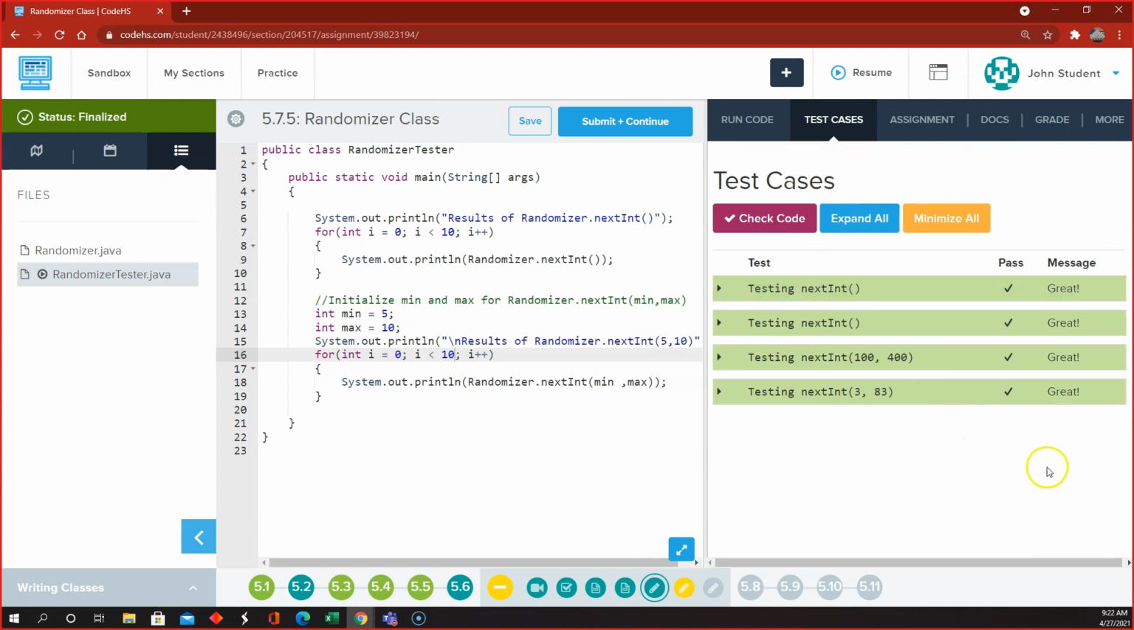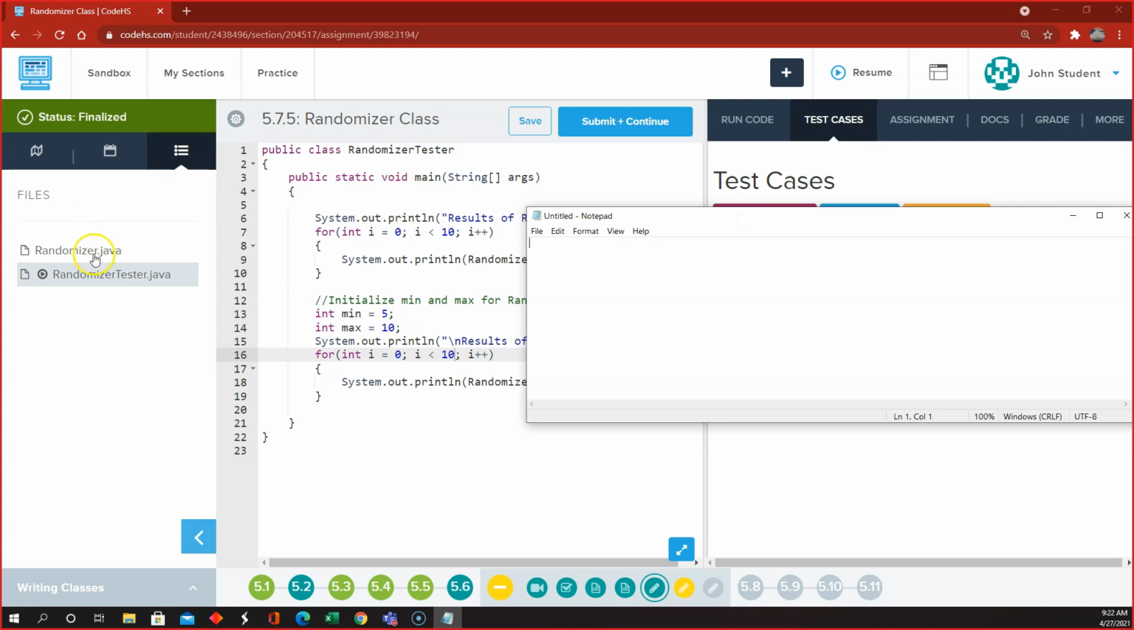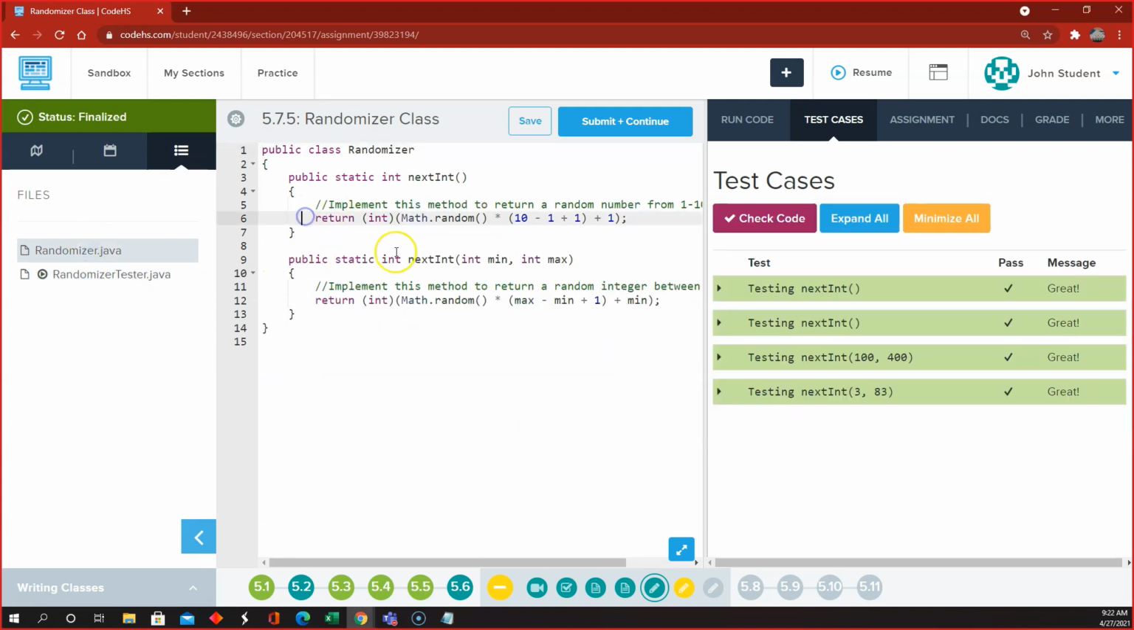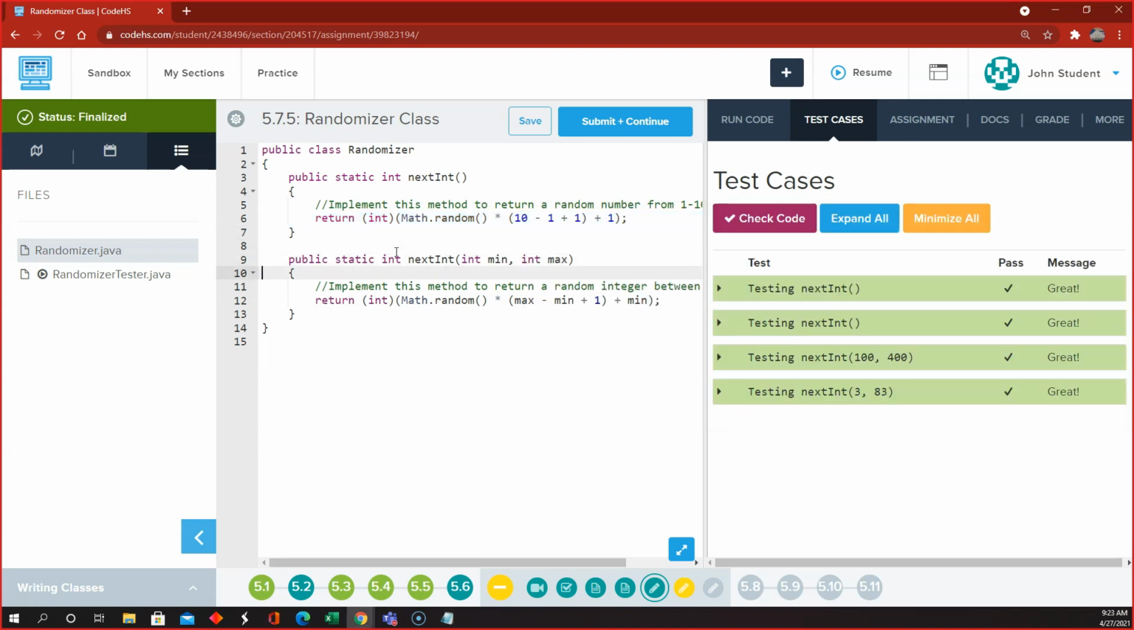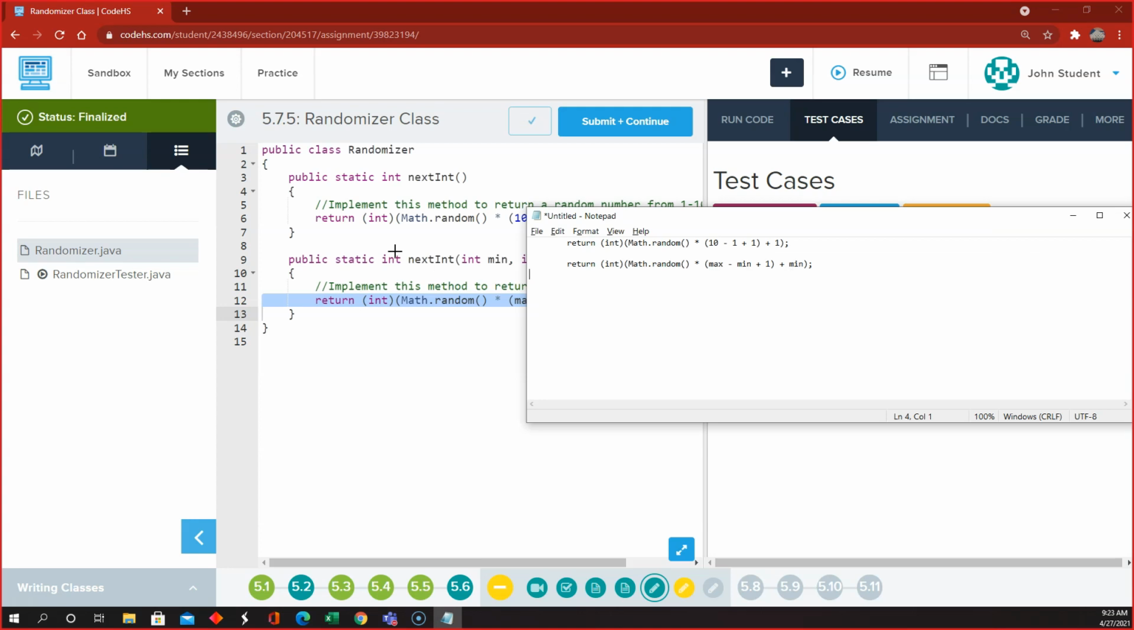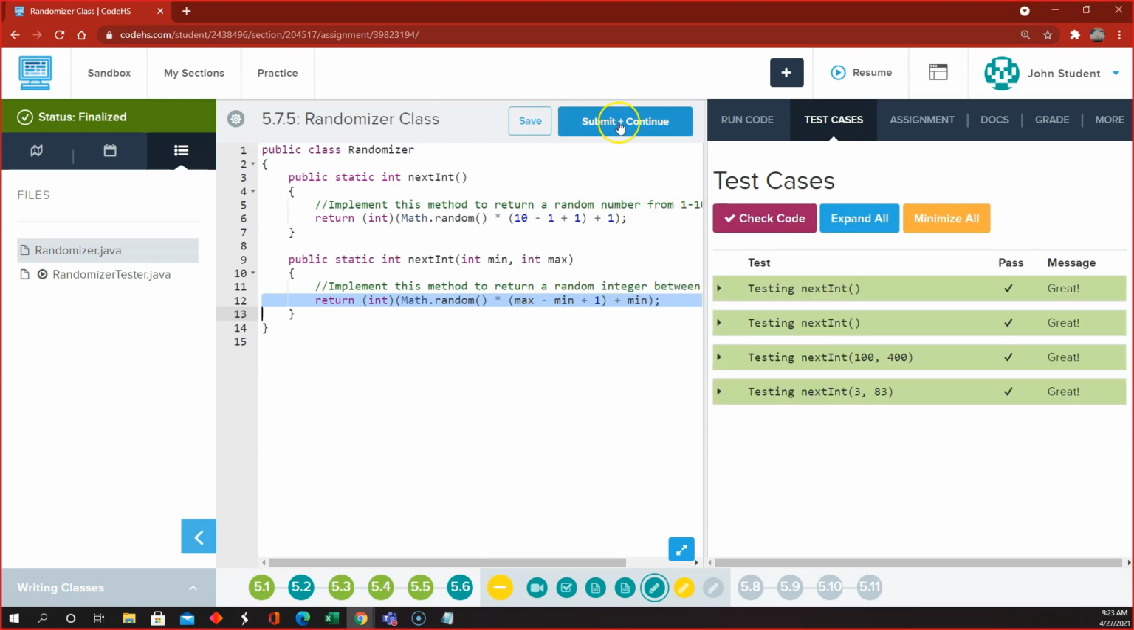So that's the randomizer class. And let me just bring up a notepad because we're going to need that code. It's only one line each, but we're going to need that code in the next section. Okay, so we're ready to move on to